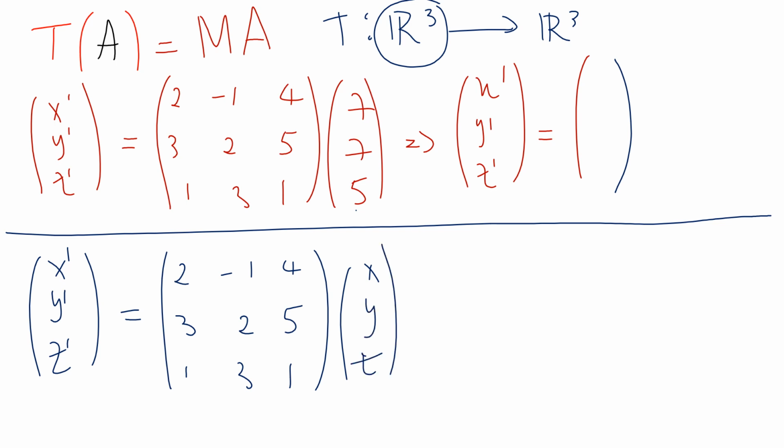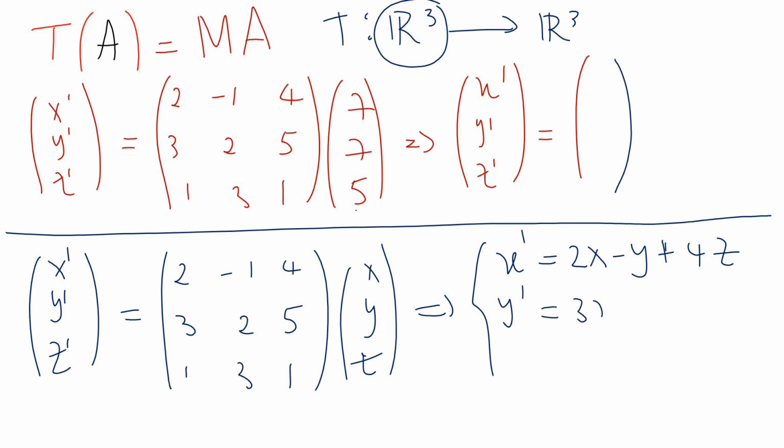So the image of x is x prime, the image of y is y prime, and the image of z is z prime. All right, so let us do the matrix multiplication. So we just equate directly. x prime will be equal to 2x minus y plus 4z. Now y prime will be equal to 3x plus 2y plus 5z,